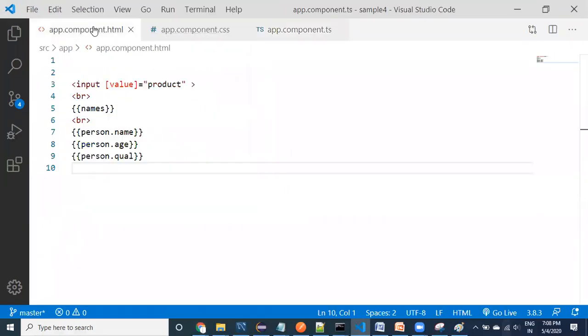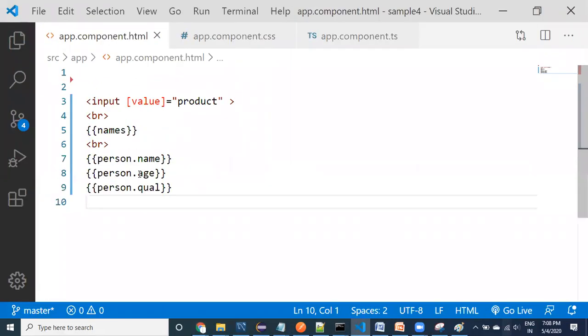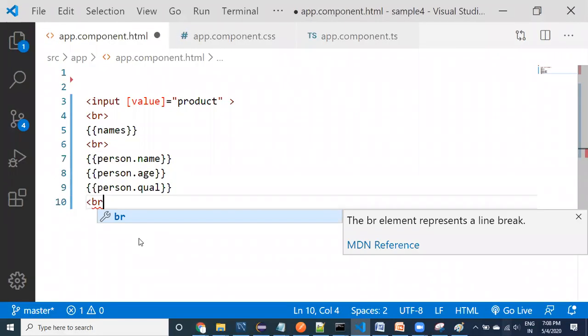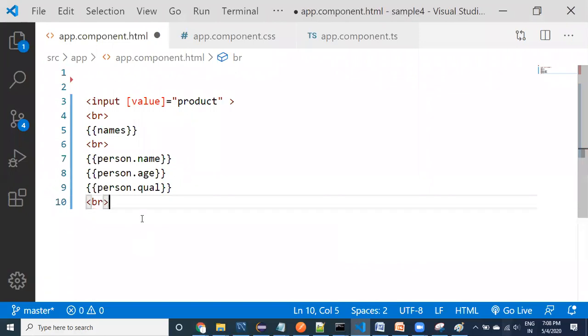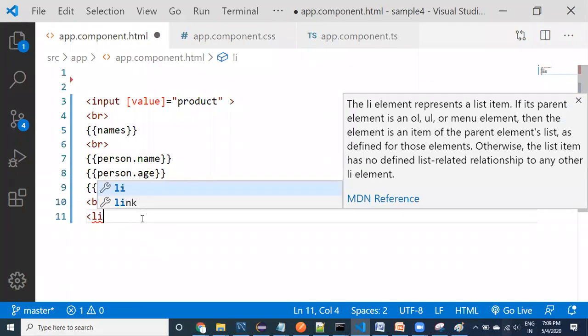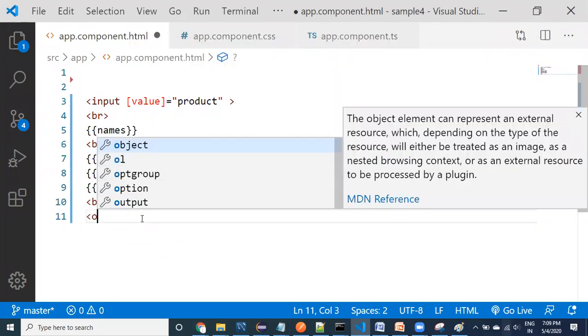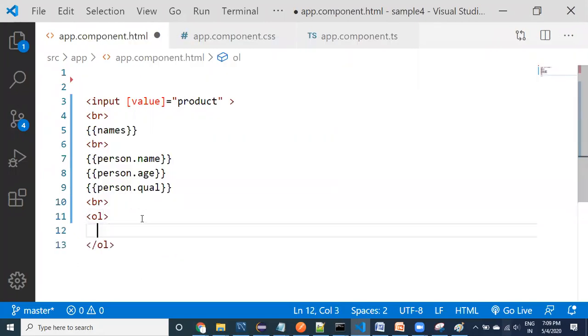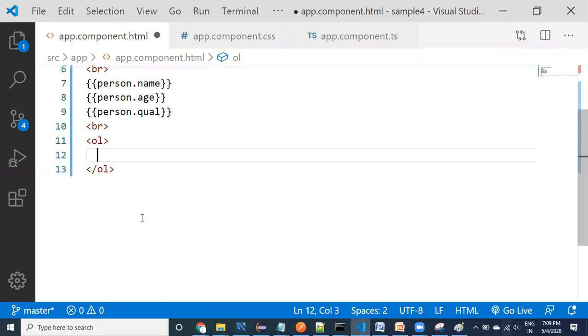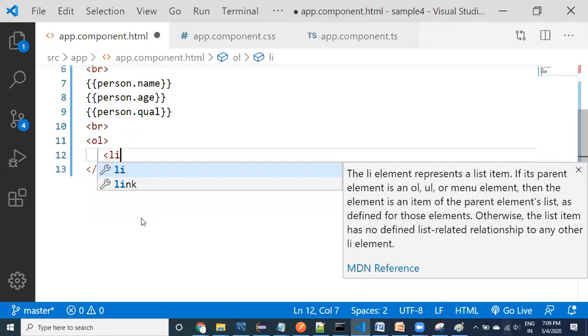I'm going to the HTML file. Inside the HTML, I'm showing you how I need to display the array. Let us look at it, guys. I want to use an ordered list.